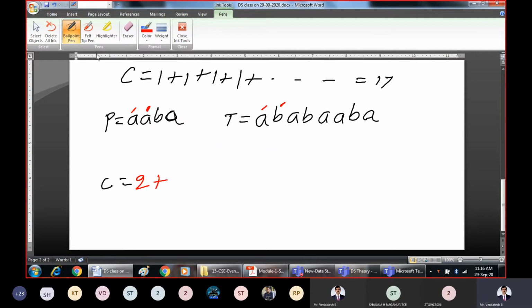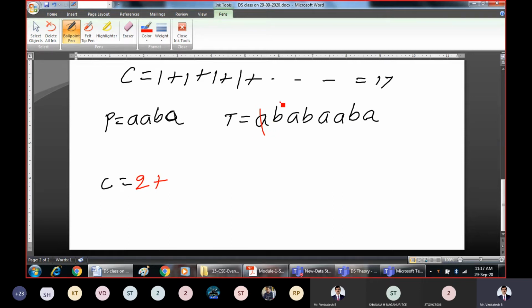As it is not giving us anything, we will ignore this first set, but we have got two comparisons. As the first substring is not giving a successful result, we will just ignore the first character. Leave the first character and then go for finding the next substring, next character onwards. Again, we'll be getting substrings.